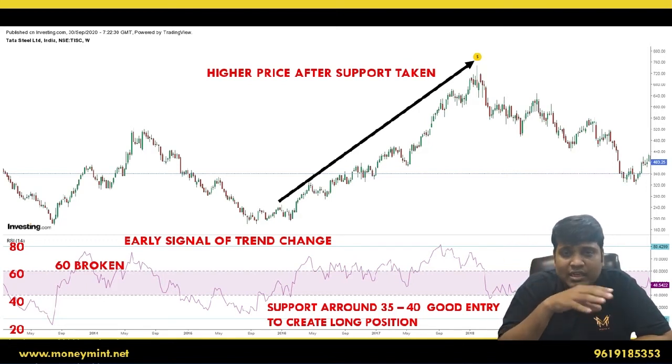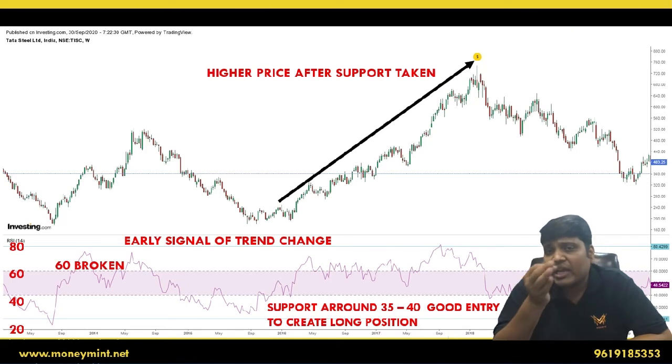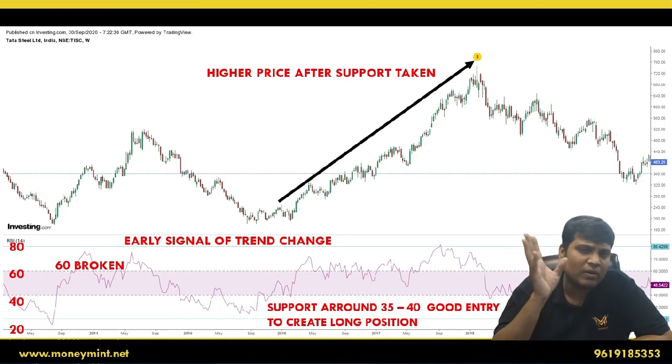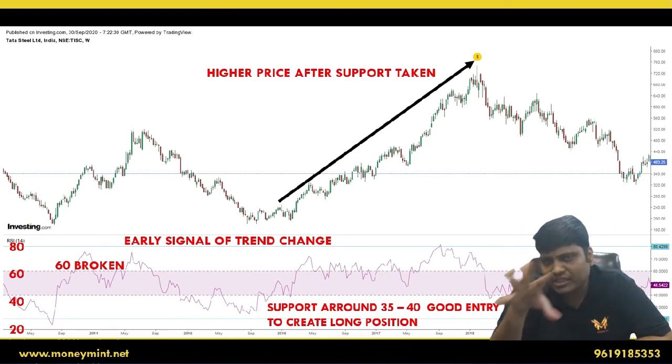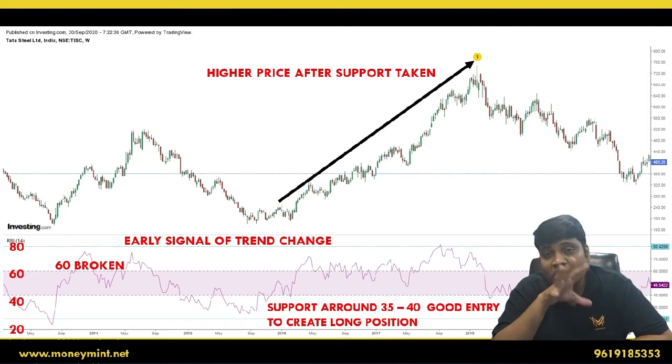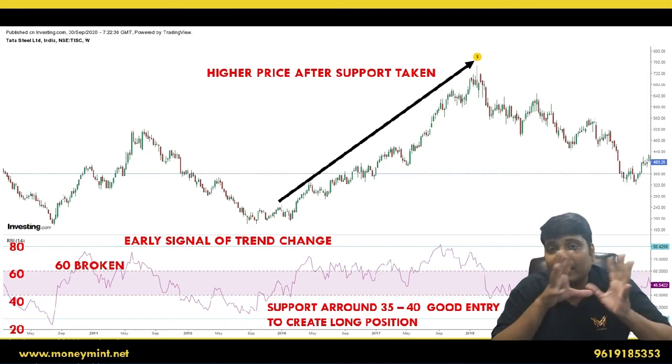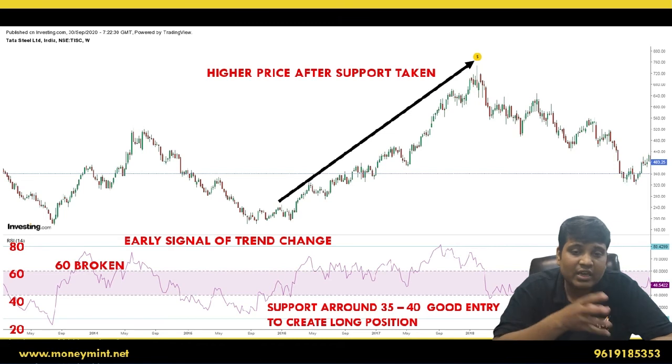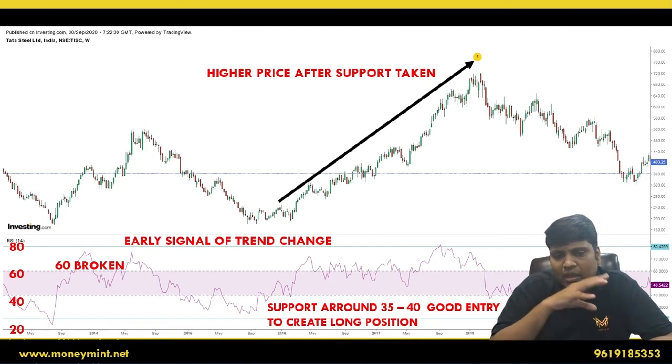Again, I have taken Tata Steel. Tata Steel is a beautiful chart. It follows a commodity cycle, sometimes bullish, sometimes bearish. So for a few years Tata Steel is in bullish momentum, for a few months it is in bearish momentum. So in a year, you can take advantage of both the bullish market and bearish market in Tata Steel. We have seen the bearish market, now we will see the bullish market. So here Tata Steel first goes towards 80, then heads towards 35, 40,